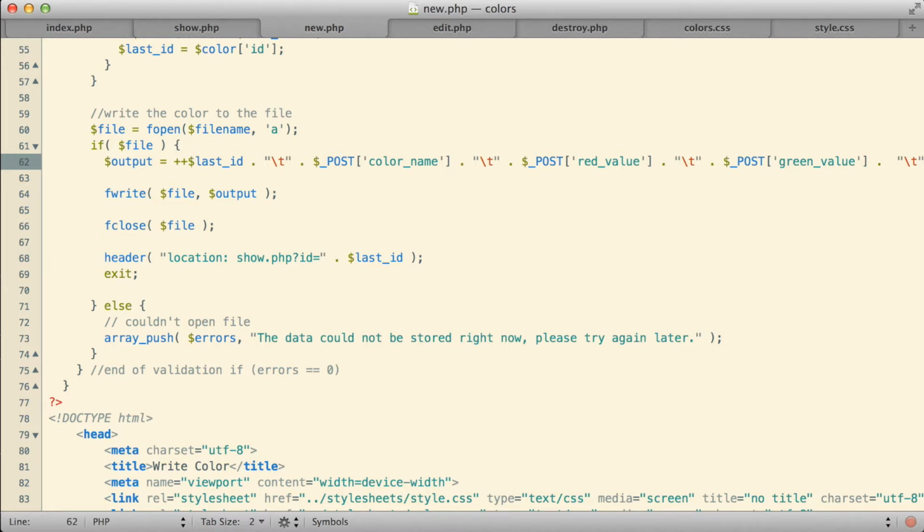In some cases, I would say not only is that okay, but it's probably necessary. For example, in the name of our color. We could take the name of the color that the user enters and force it to uppercase or lowercase so that we always knew exactly what we had stored in our file. But then we would always have to display it in that way, in all uppercase or all lowercase. If we wanted to make it look a little bit nicer, we could apply some capitalization using the UC first or UC words functions, but there's still going to be some rather complex situations that we're not going to be able to capitalize properly.